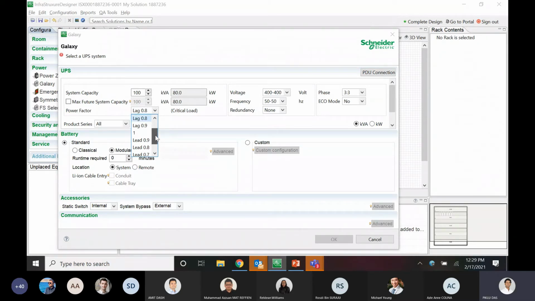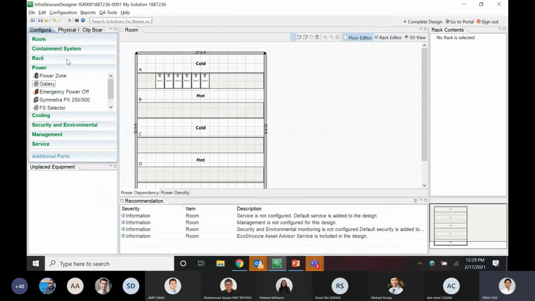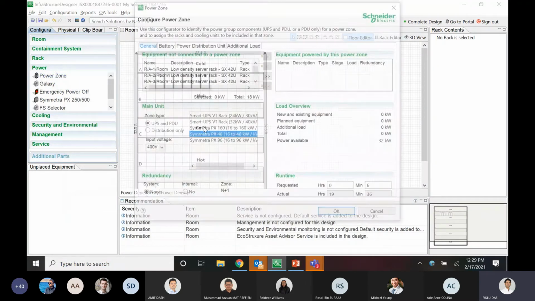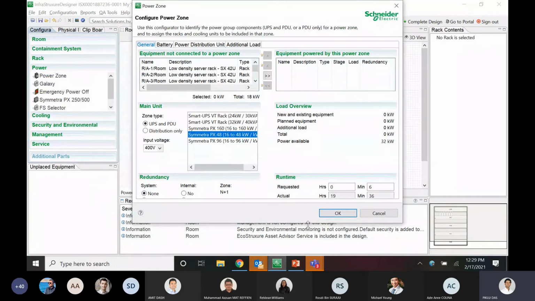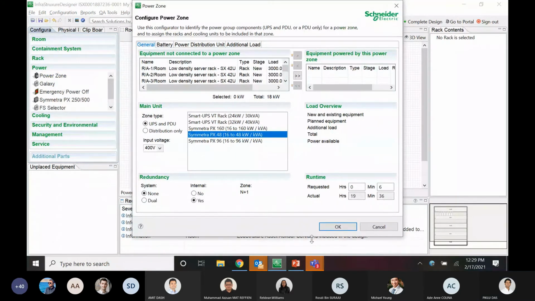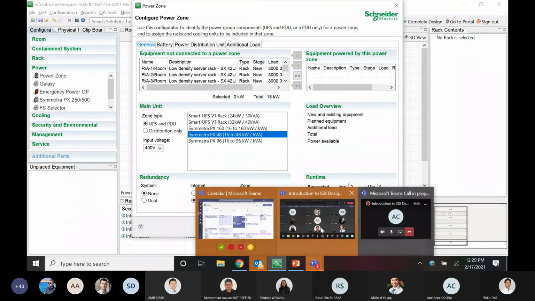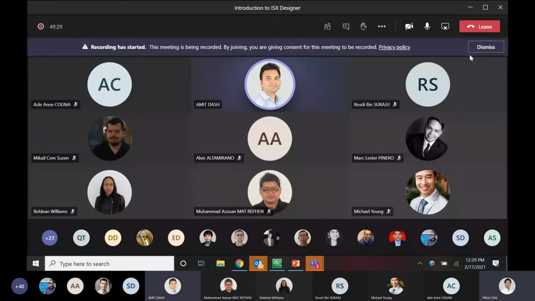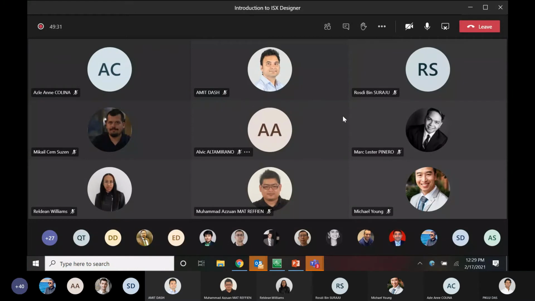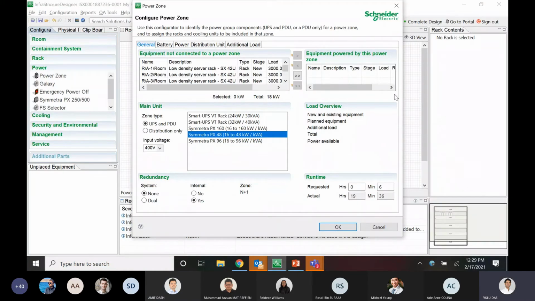But I believe for the Symmetra, we have to go with the unity power factor only. We don't have the option of setting the power factor for the Symmetra unit, and also for the Odin, but we do have it for the Galaxy. So the initial understanding is that for Symmetra we can't set up the power factor.